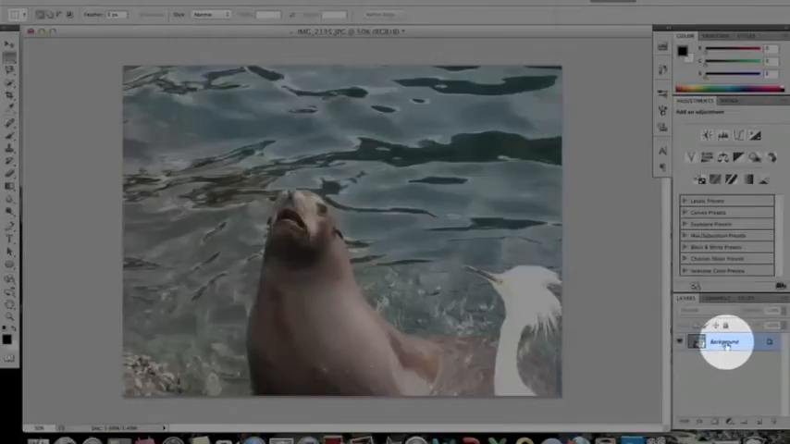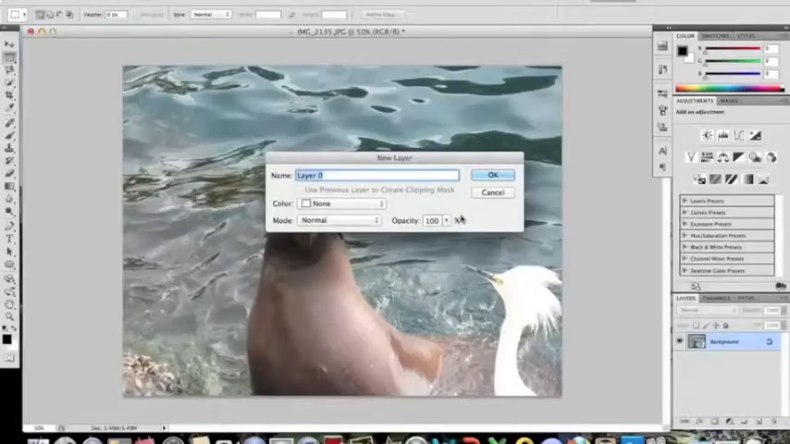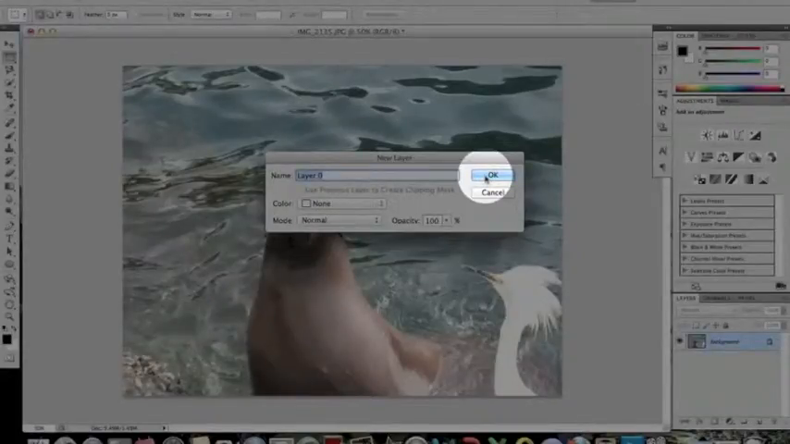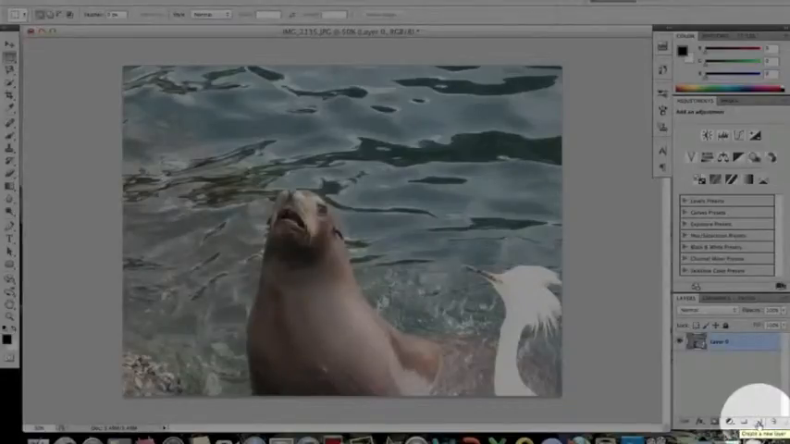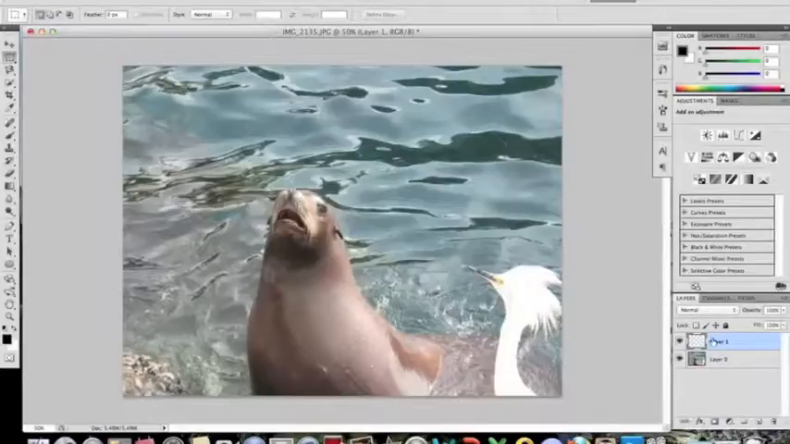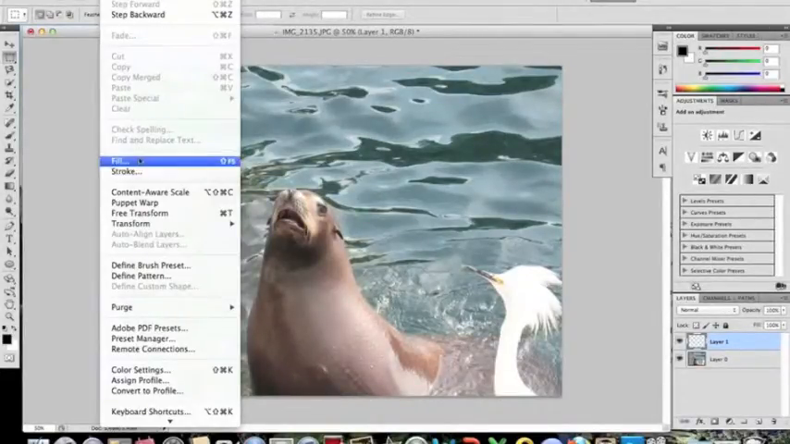Next, you want to double-click your layer to open it. We'll go ahead and rename it later, so just click OK for now. Next, we're going to come down to create a new layer. While on this layer, we're going to come up to the Edit, select Fill,